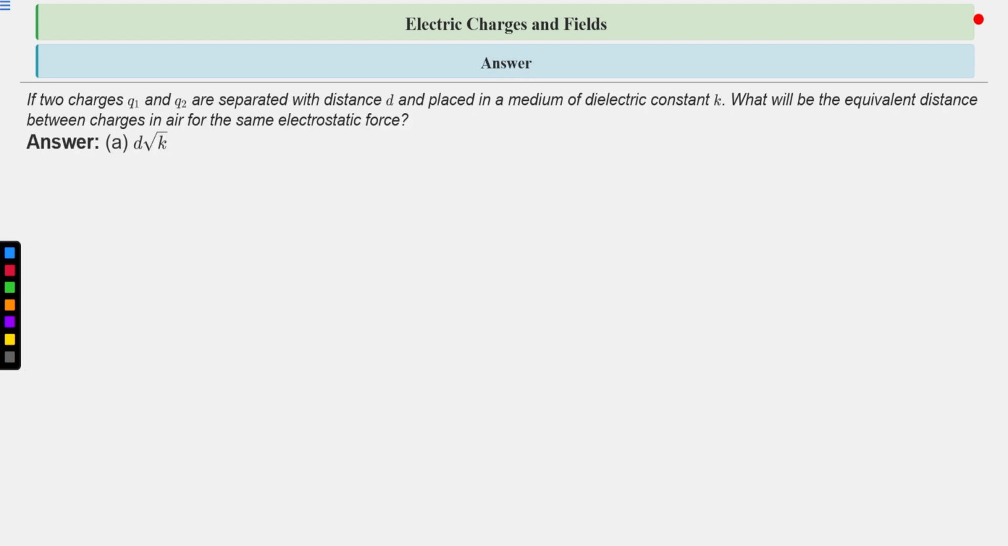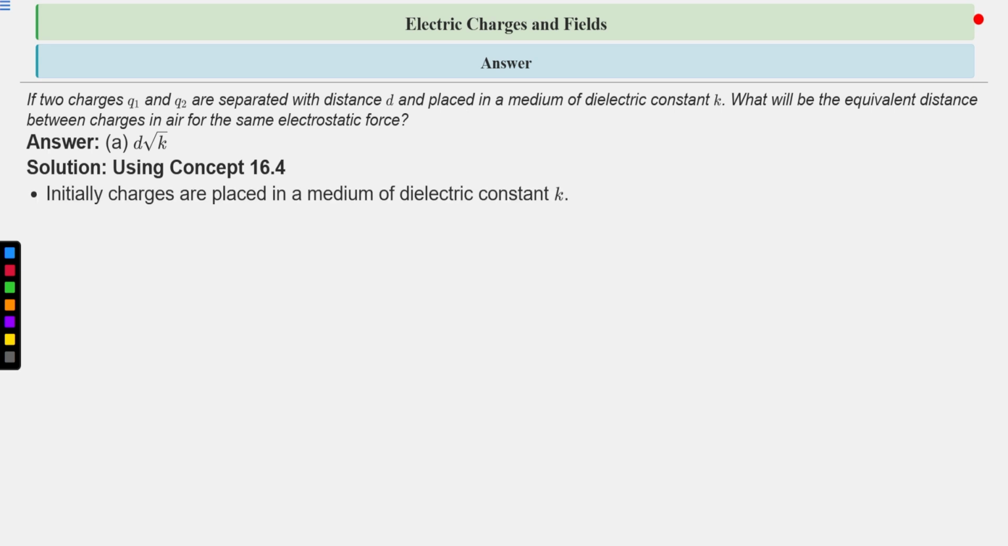Okay, the correct answer is A, d root k. So what is the solution? Using concept 16.4, initially charges are placed in a medium of dielectric constant K, and the electrostatic force between them is Q1 Q2 upon 4 pi epsilon d square. Epsilon, we are not using epsilon naught here. We are using epsilon, which is equal to